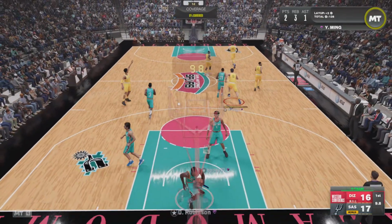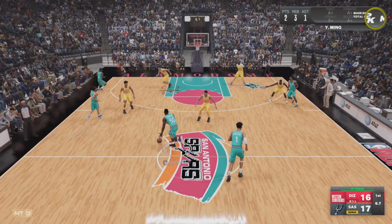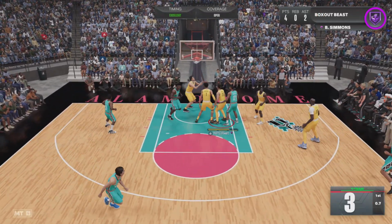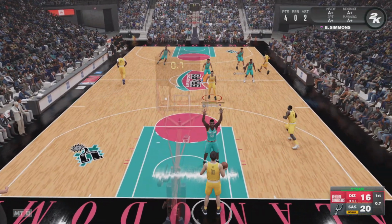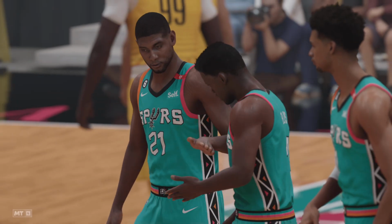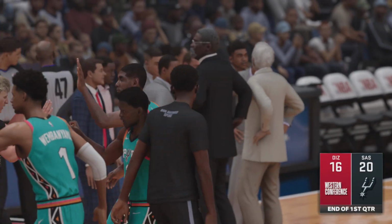Wembanyama gets the bucket. 6 points for him. And, guys, they continue to put a lot of pressure on the interior defenders with their work down low. It's important that you have big men who can shoot in this day and age, and this guy can really stretch the floor. And they're scoring pretty well as we conclude the first quarter. Spurs lead by 4. And back in a moment as the